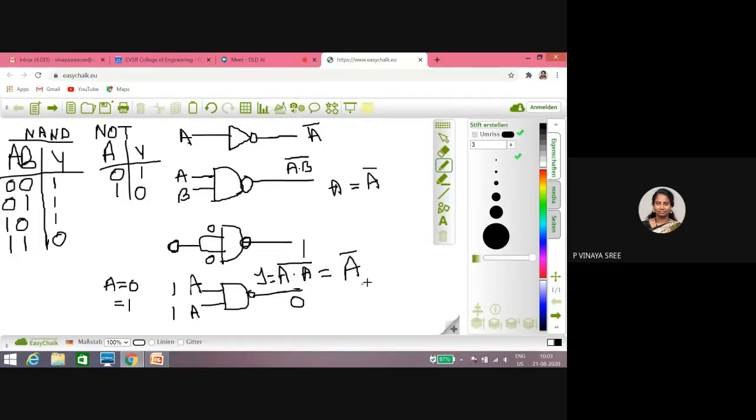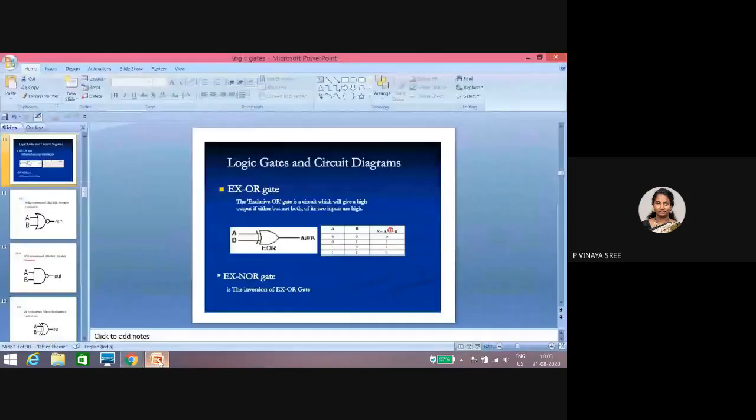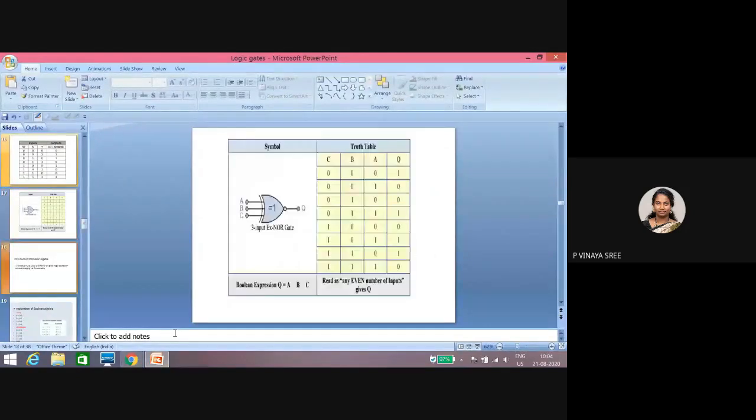Why? Because we have Boolean algebraic rules, which I will explain later. By default, if it is 1 into 1, the output you will get is 1, and 0 into 0 gives 0. But here, as it is complement, we have taken 1, and the output that you are getting is 0. We have a formula, A into A gives the output A. Based on that, I have written A into A whole complement, which is nothing but A complement. I will show the formula so that you can understand even more clearly.